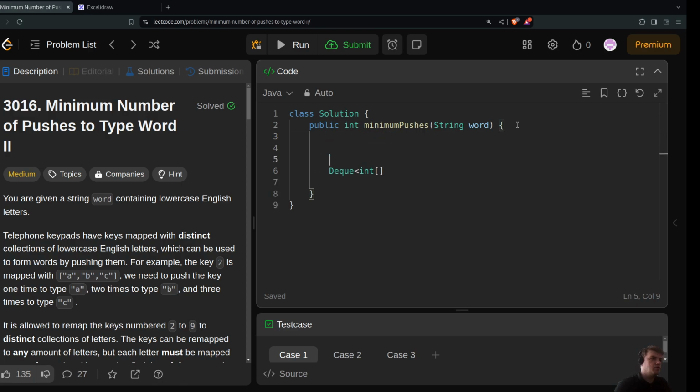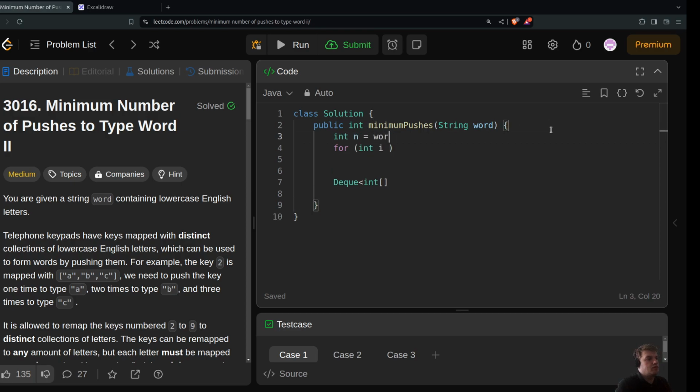So initially I want to go for int n equals word dot length, and then for int i equals 0, i less than n, i plus plus, and then int frequency